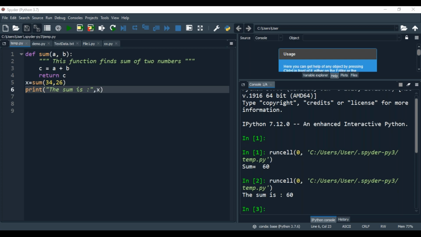Yes, again I'm saying that is definition followed by the name of the function, then followed by the parameters you are passing. Then you can write the logic of steps, n number of statements. You can write any statement, depending on your program. After that, in the last, you want to write return a value, returning a value.